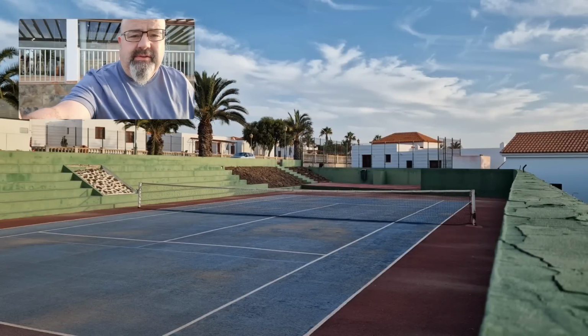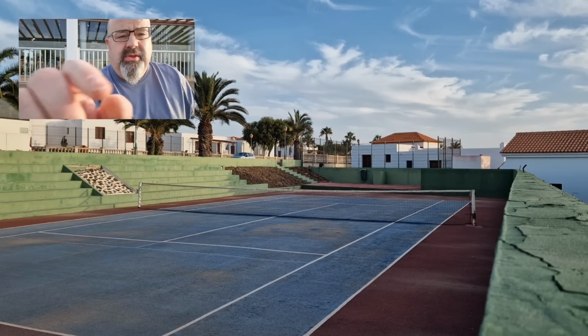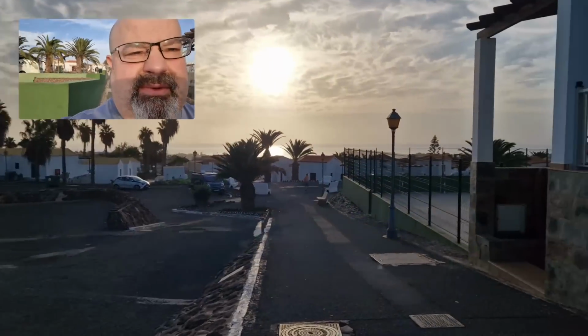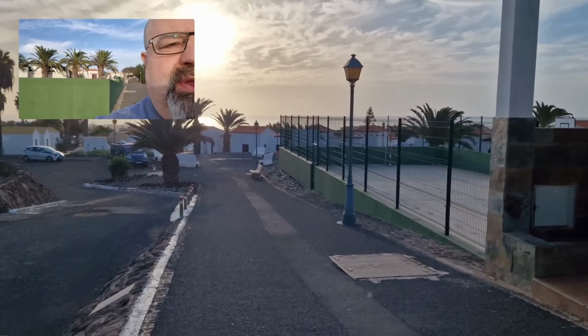If you're getting the regular bus service here, that will drop you at the bus station. You will have a bit of a climb up to the reception here to check in. So on the left we have the Moon complex. On the right of the picture is Lake, which is where we're staying. So if I turn the camera around, down there you've got Park and Vistas, which are the other two parts